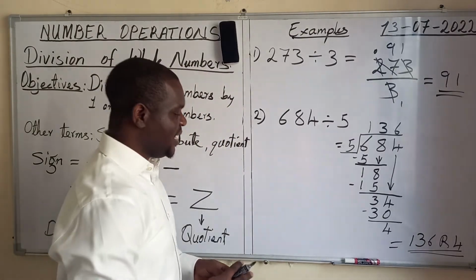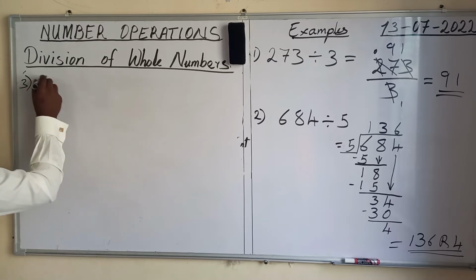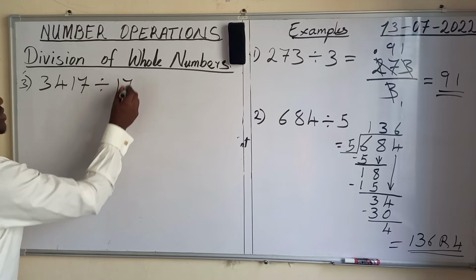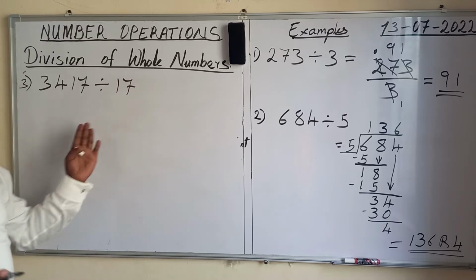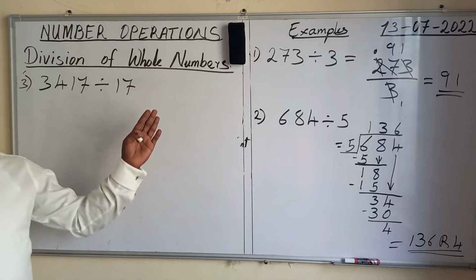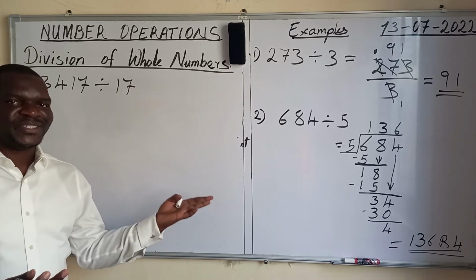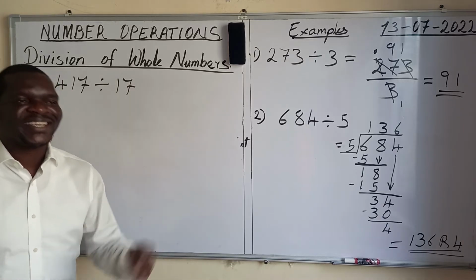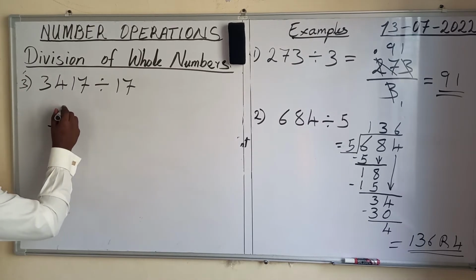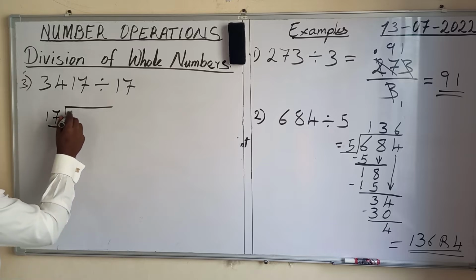Let's quickly look at the last example. Example 3 is 3,417 divided by 17. If you look at this carefully, you'll realize that this is a two-digit divisor. First, we are going to solve using the long division method, and we are equally going to solve using the short division method so that you can make your choice on which one is best for you. So using the long division method, we are going to write 17 out this way, the divisor, and the dividend is